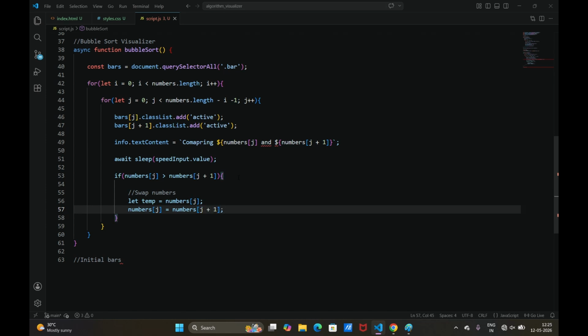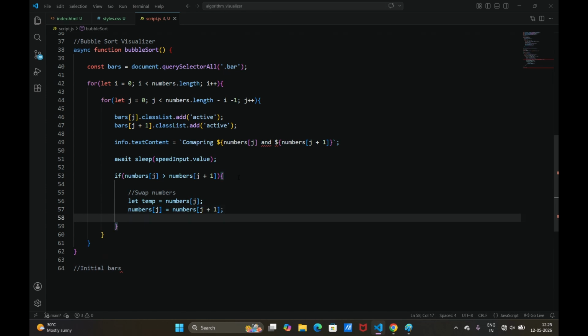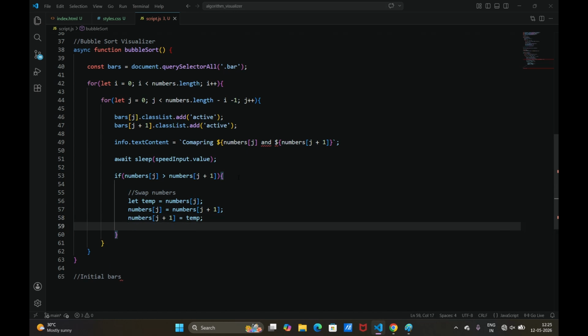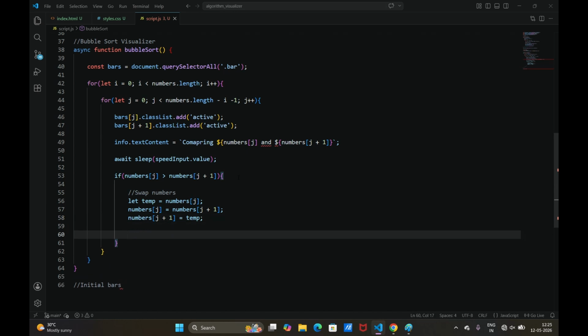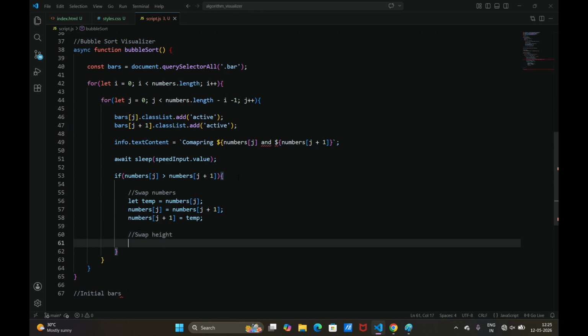J plus 1 and swap the j plus 1 to the temporary number. Now j plus 1 equal to temporary. And then next we have to swap the heights. Only when we swap the heights can we see it visually. To swap the height,